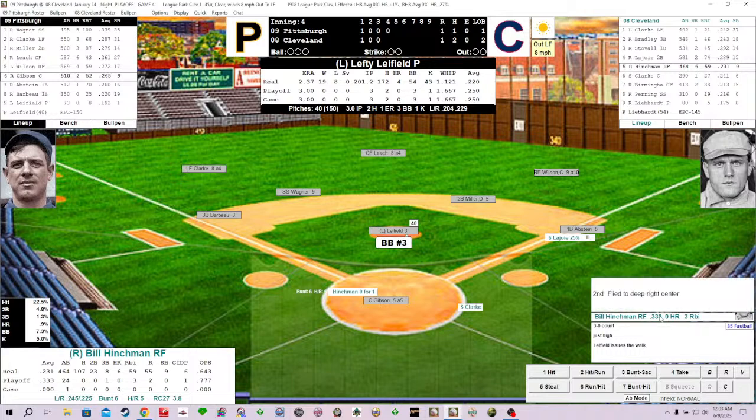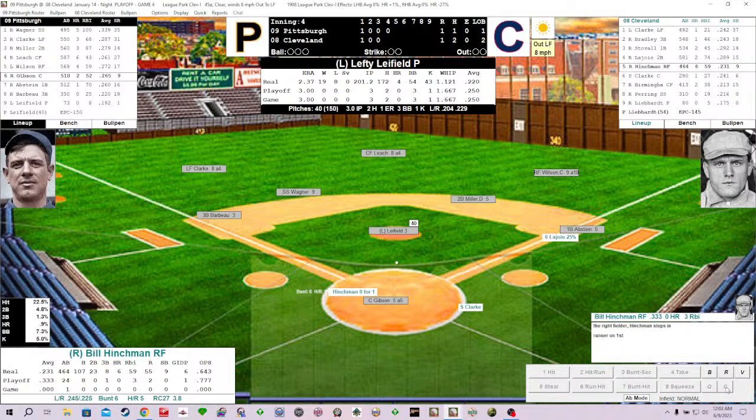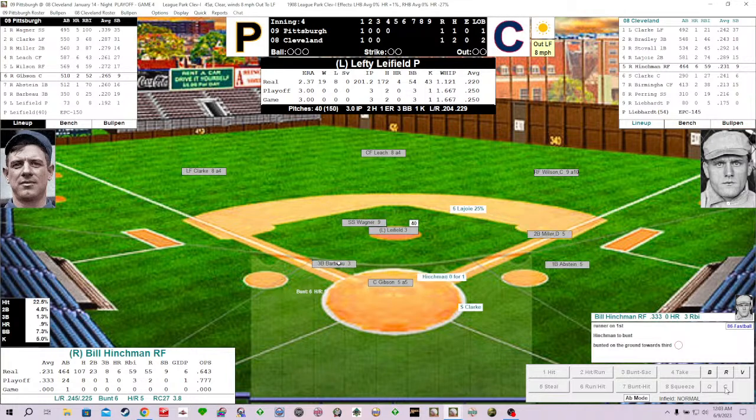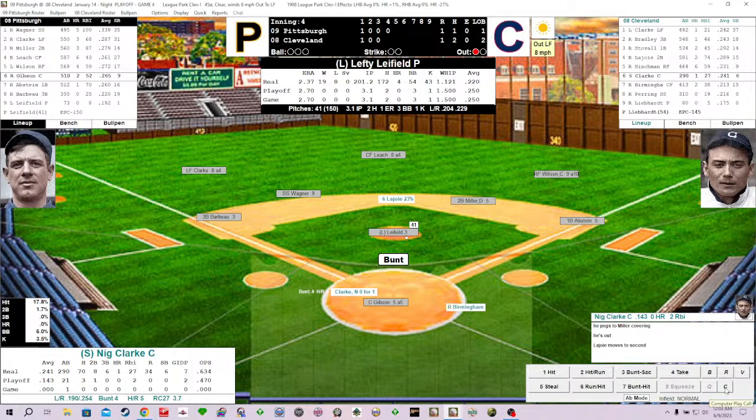All right, back to game action here for right fielder Bill Hinchman, who flied to deep right center back in the second. Lajoie on first, nobody out. Leafield could be in a bit of a pickle here. Checks Lajoie at first, winds and fires. Hinchman takes this pitch, and coming in quickly is Jack Barbeau, making a nice play from third and a hard peg onto Bill Abstein to retire Hinchman. Napoleon Lajoie moves into scoring position, one down for Nick Clark.